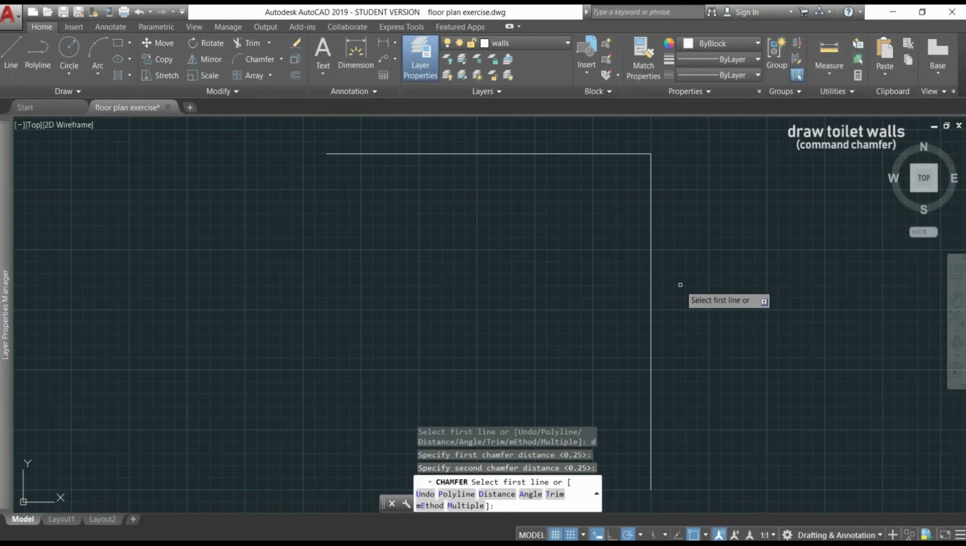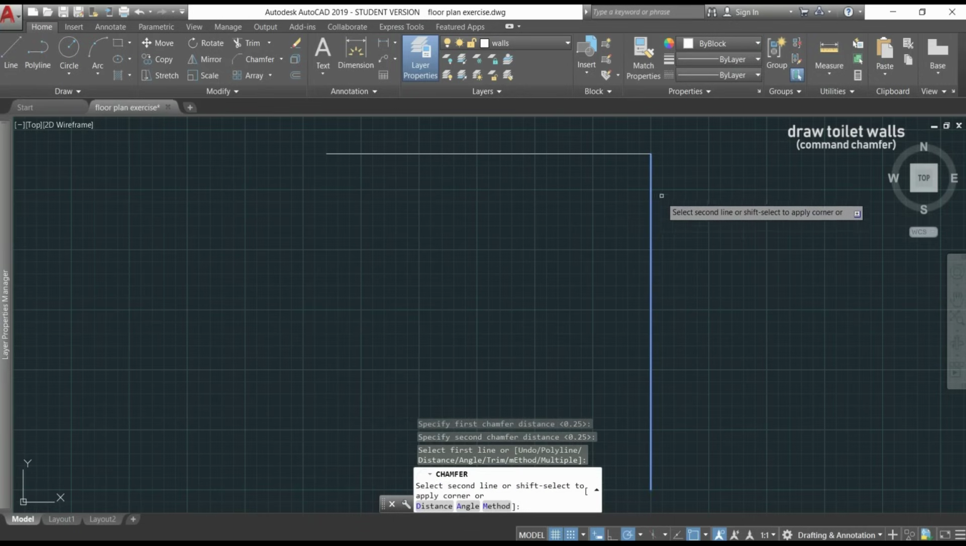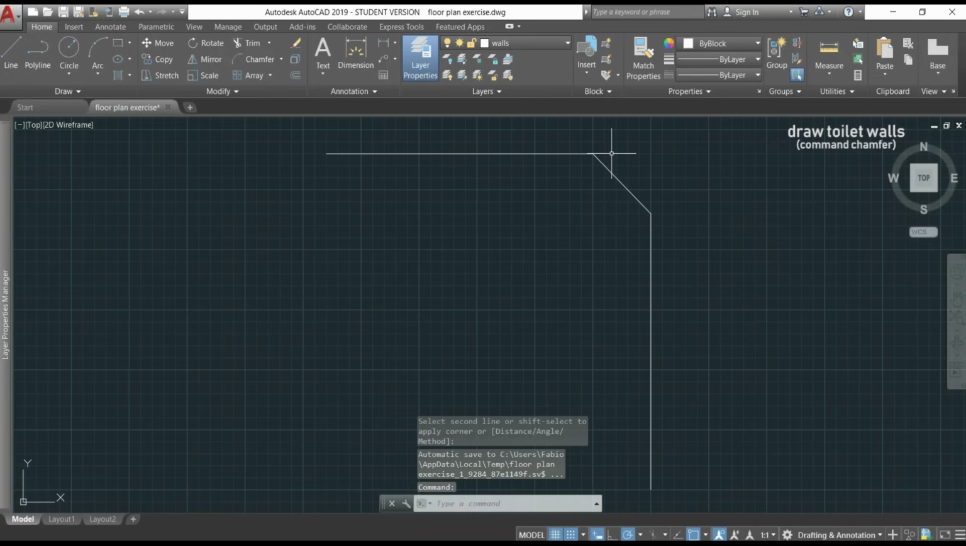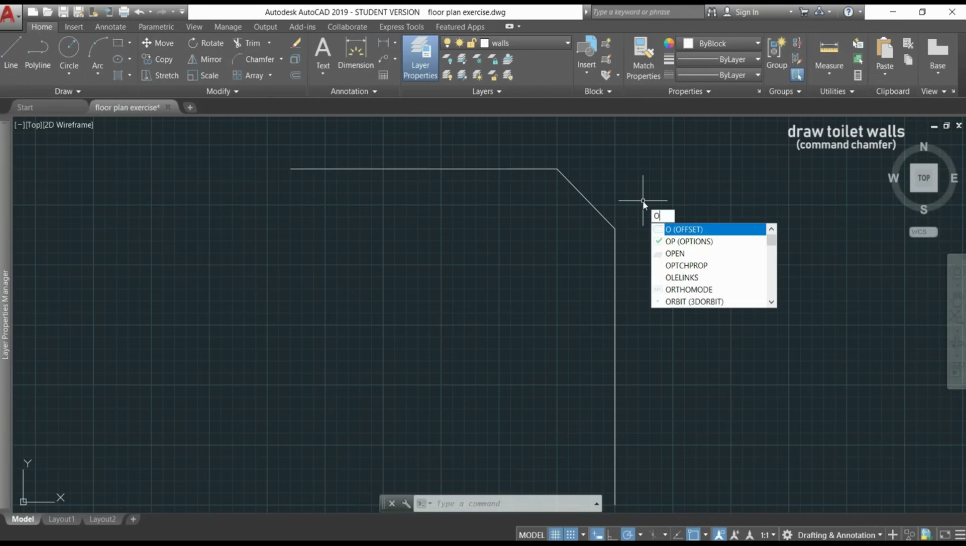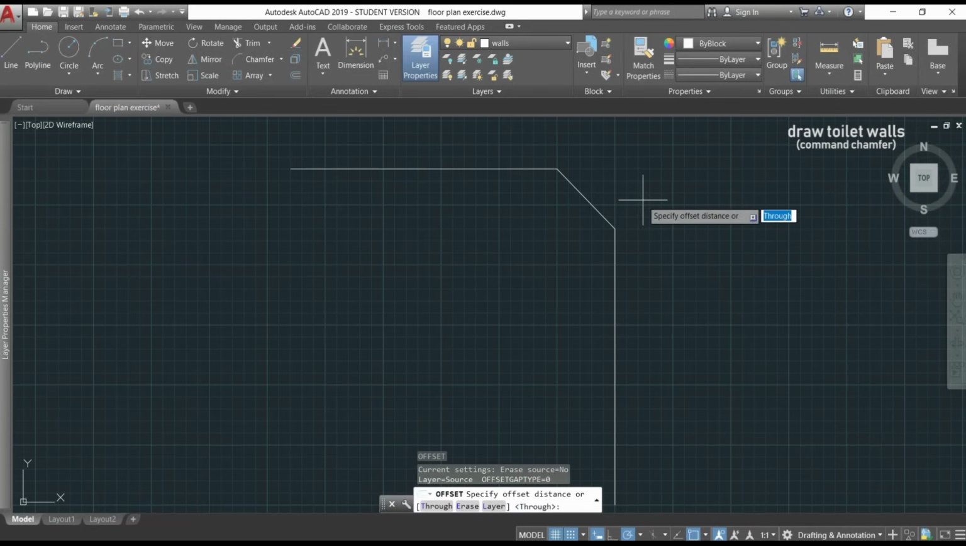The first line is the first distance that I insert. I click in this one, and the second is that one. I press Enter and exit the command. Then, as this is still a polyline, I can use the command offset to draw the other border of the wall. Type O, press Enter, and as the distance of the internal wall is 0.1, I type that value, press